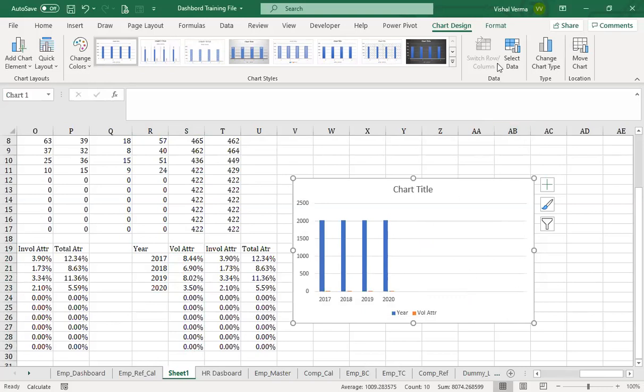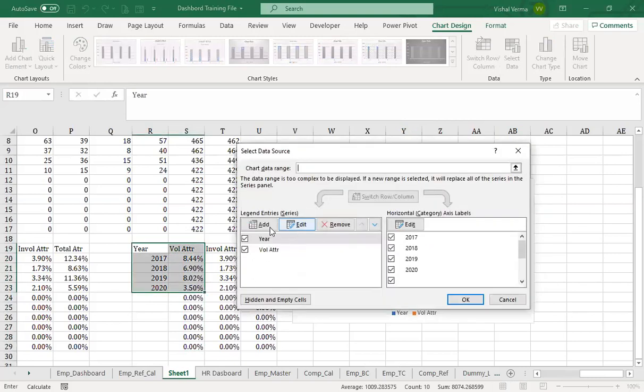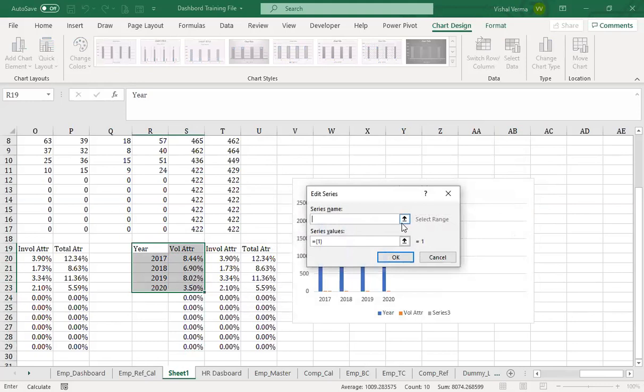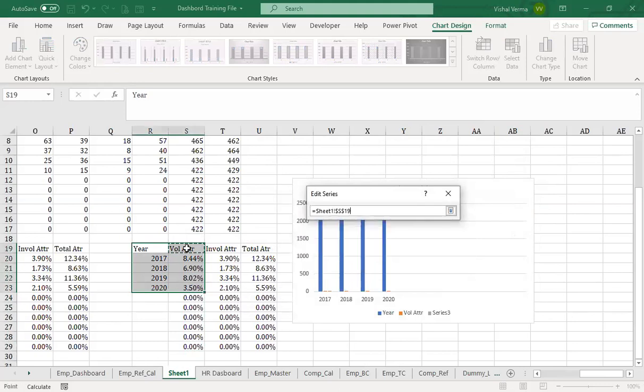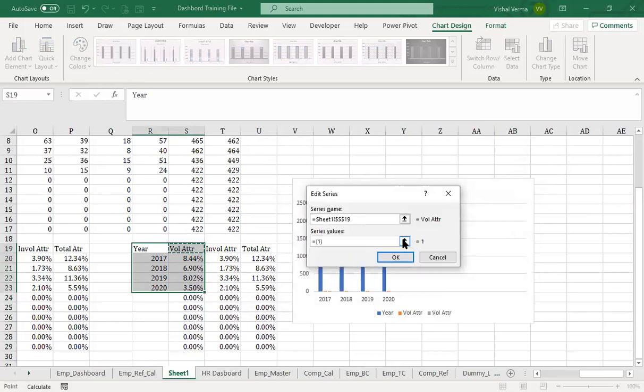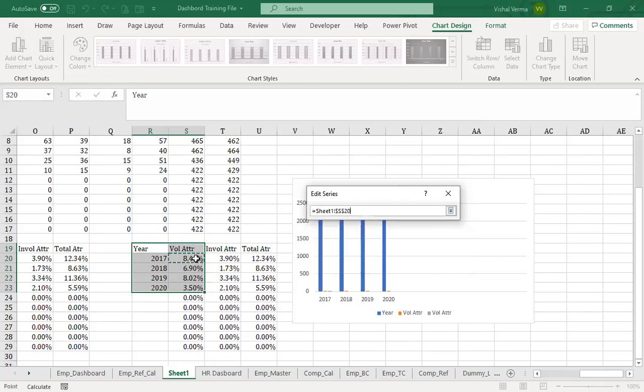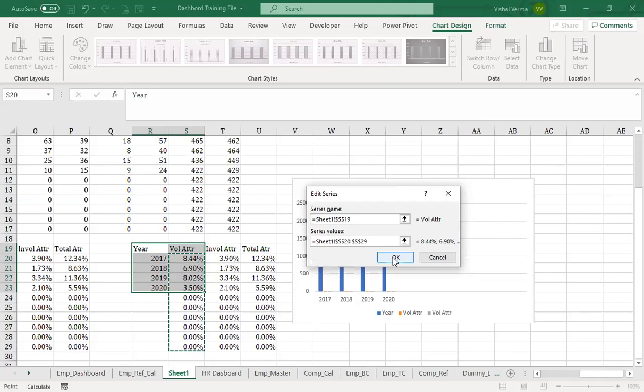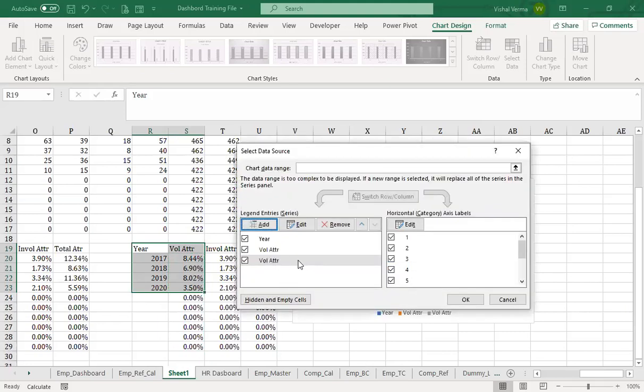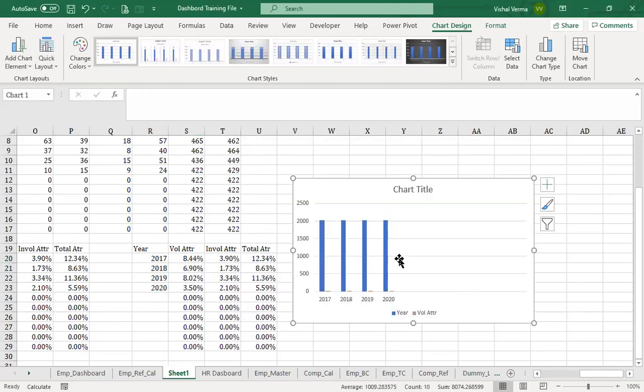So what we need to do is go to select data and add a series name here. The series name will be the iteration, and the values will be coming from here. And click OK. So we have got two iterations. We want to remove the first one. So we'll get this data again.